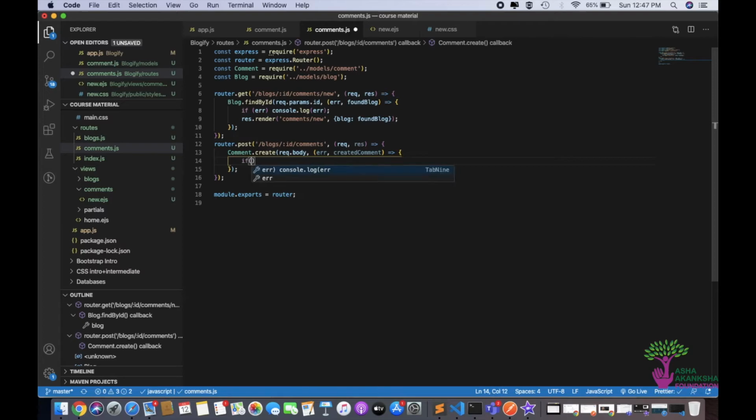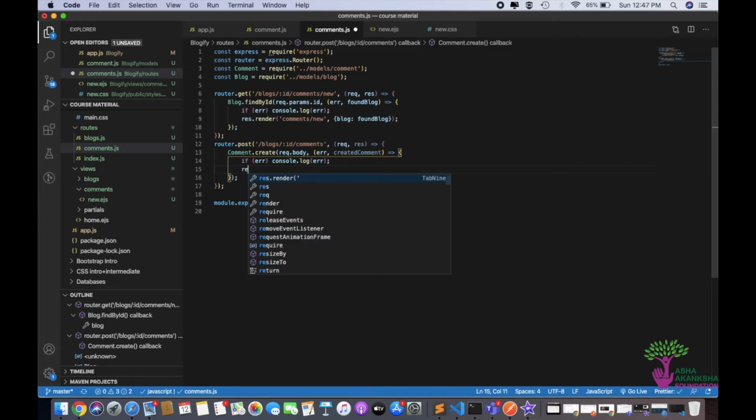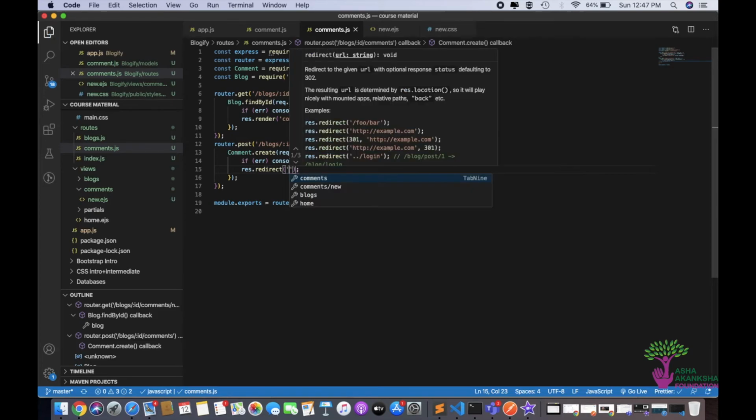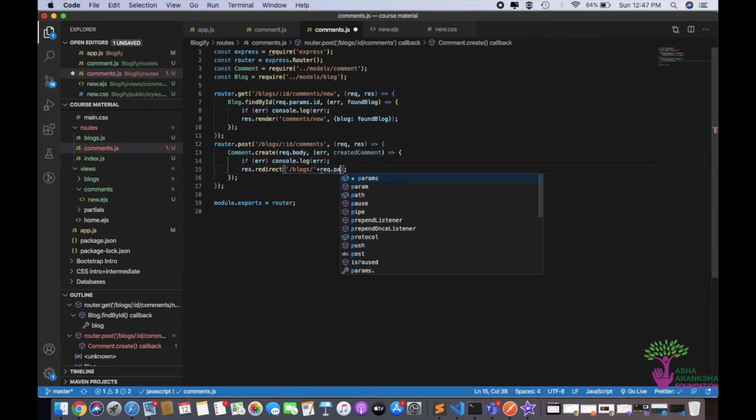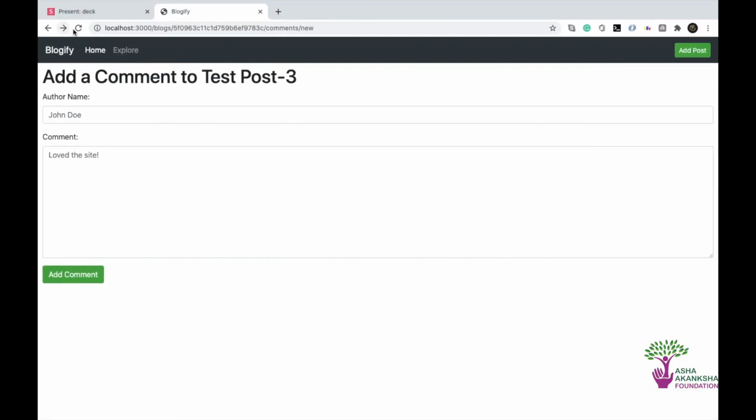And we'll do if error, console.log error, and otherwise we'll do res.redirect. The redirect will go to the page that it should ideally redirect to after you've added a comment, which is /blogs/ plus req.params.id, right? So this will submit to there. Excellent. And now if I refresh,